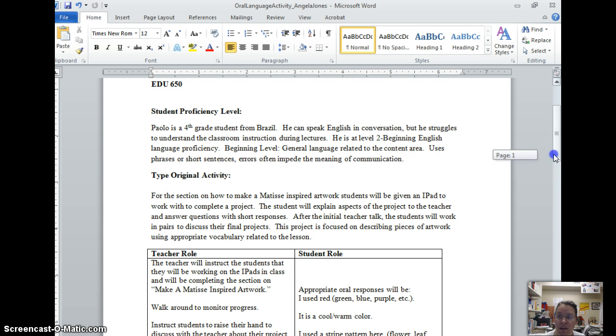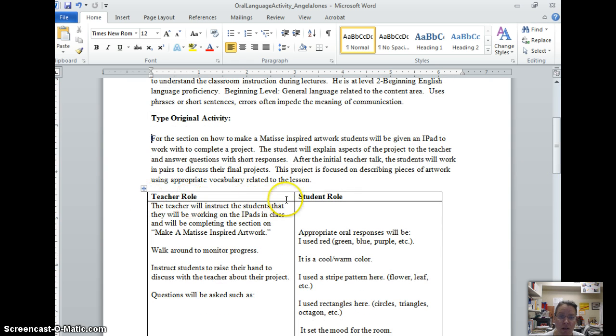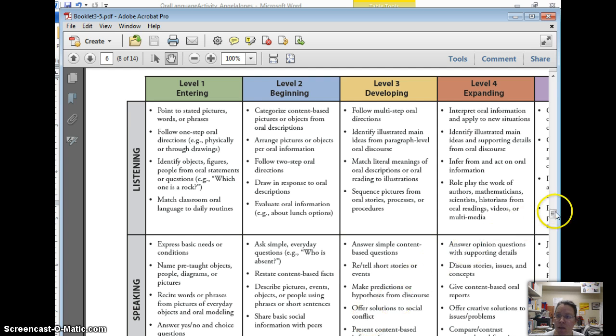Like in the listening exercise, you have the teacher role and the student role. So now we have to think to ourselves, what can our ELL student do with respect to speaking? That means we have to go back to our WIDA can-do descriptors. For speaking,